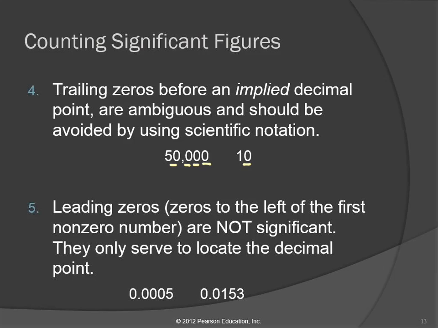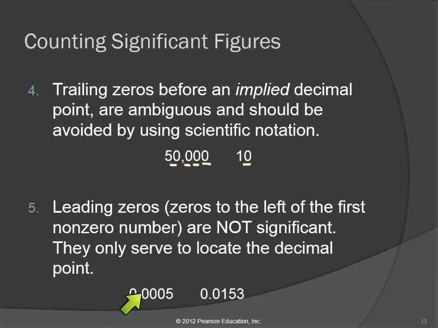Now, if you say something is 10 feet long, does that mean it's exactly 10 feet? Probably not. So 2 kinds of trailing zeros, and then we have these leading zeros. Leading zeros come at the beginning of a number,